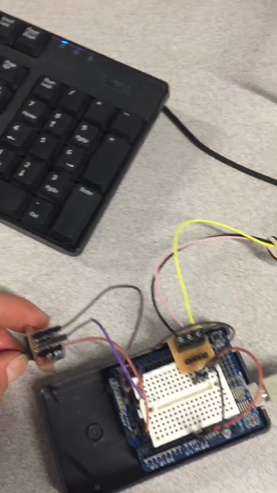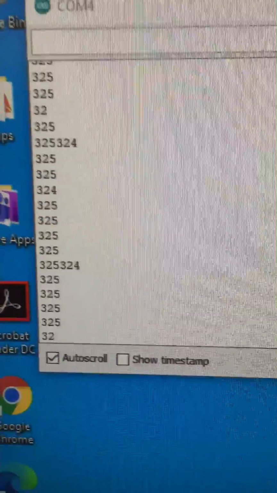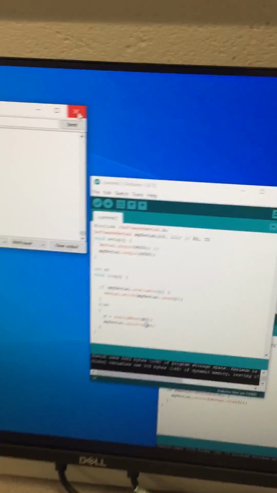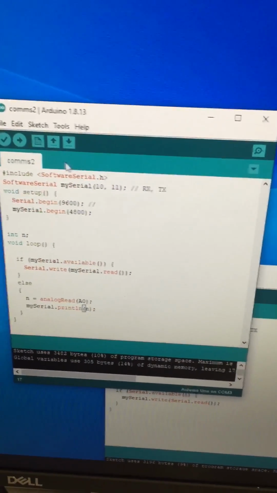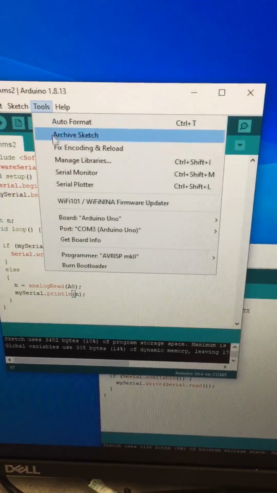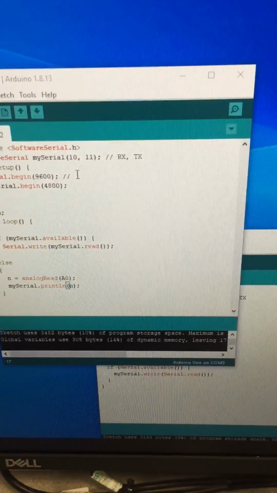The other quite cool thing you can do is, of course, you can send data from this one. So I can change that value, and then you can see it's changing the value on that one. So they're both talking to each other. And the final cool thing that you can do is, rather than displaying it as a number, if you go to Tools and then Serial Plotter,